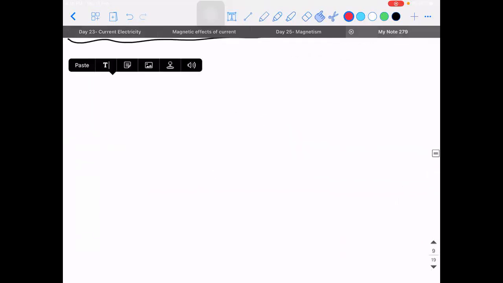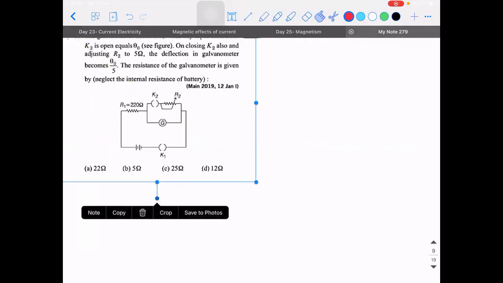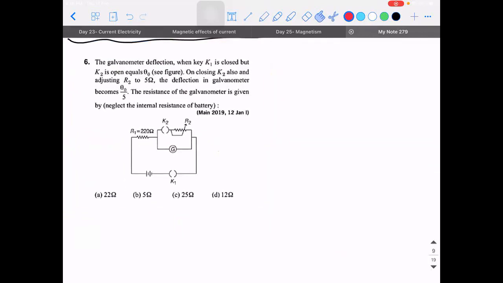Figure of merit is nothing but the reciprocal of the current sensitivity. So when you do that figure of merit experiment, you will do something like this only. What happened with respect to the initial deflection? How much has the deflection decreased? It became 1/5 of its original value, right? Whereas when you do it in the lab, it will become half of its original value. That's what we call half-scale deflection.